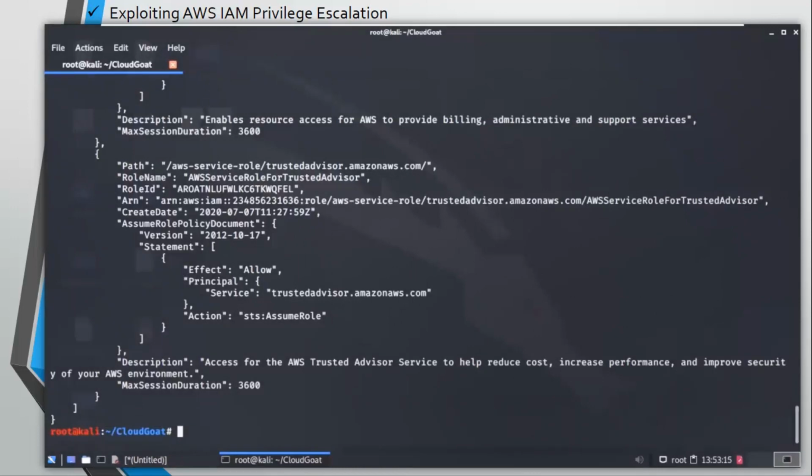Let's check it. So that's there. This is the service that is allowed under this role: AWS service role for trusted advisor.